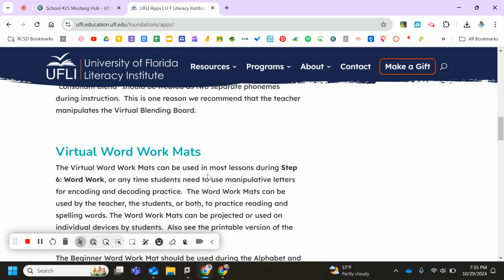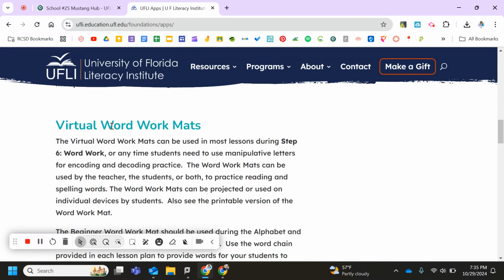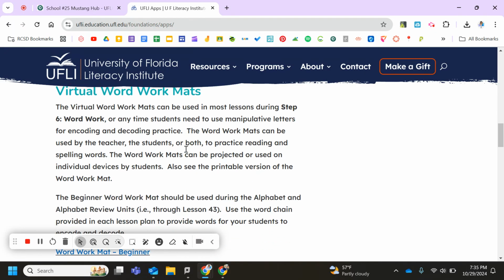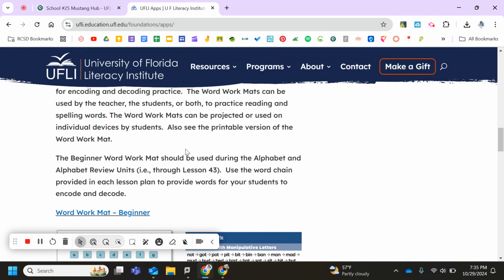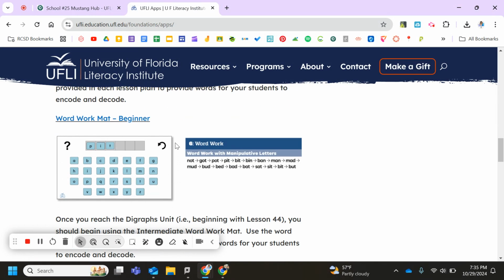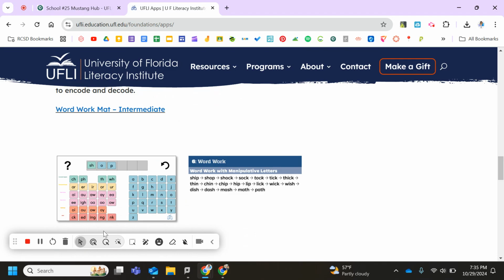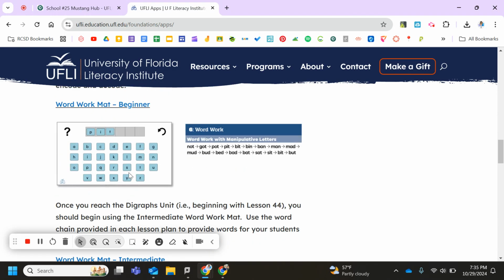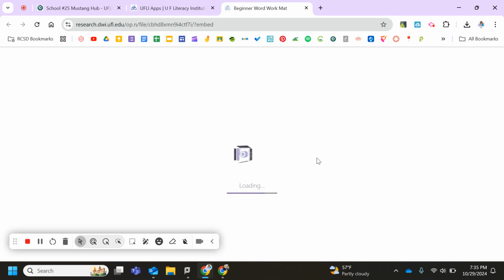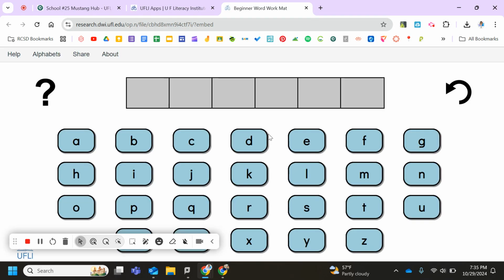The next thing you might want to work with is the virtual word work mats. This is during step 6 of the lesson. There's a beginner level and there's an intermediate level. This is for students to practice building words with letters. So if you tell them the word is fit, they would spell it. You can create a Google Classroom with your intervention students and add this as a link in there for them